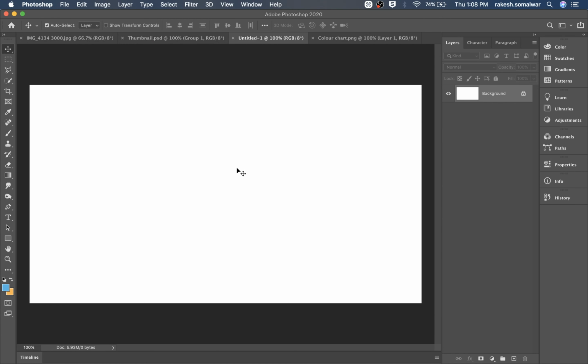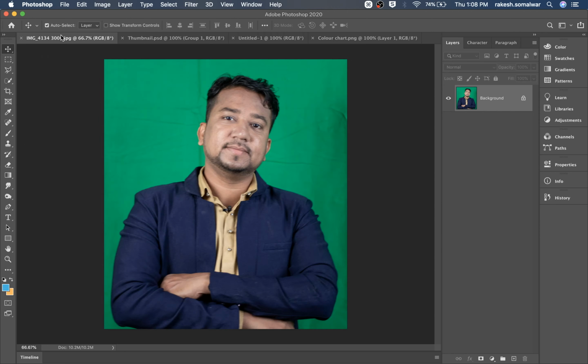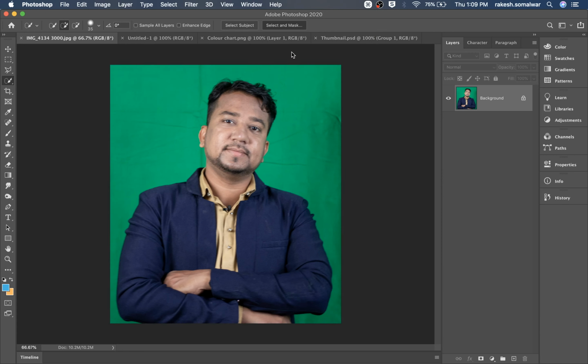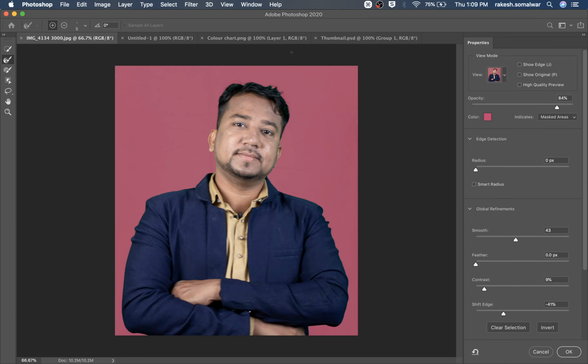I first cut out my image selecting a quick selection tool, and in this 2020 option there is a select object. You have to just click on that option and you will get your object selected because that is in the focus. Select mask to refine the cutout.